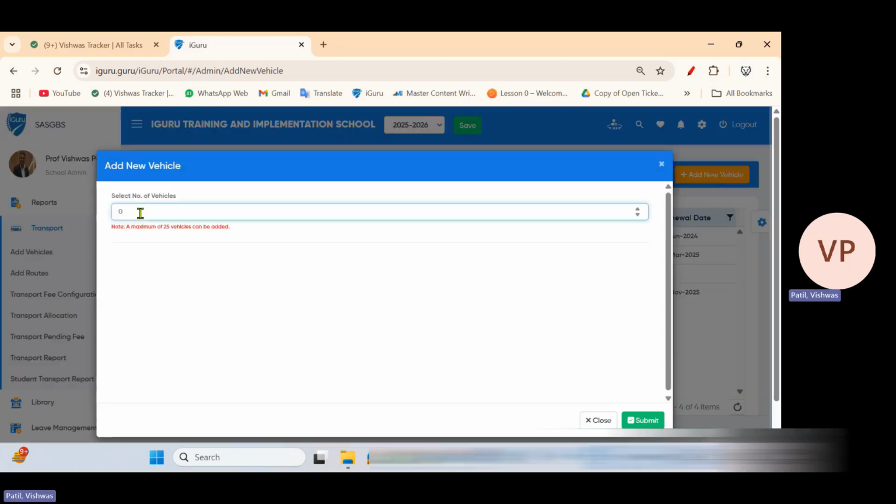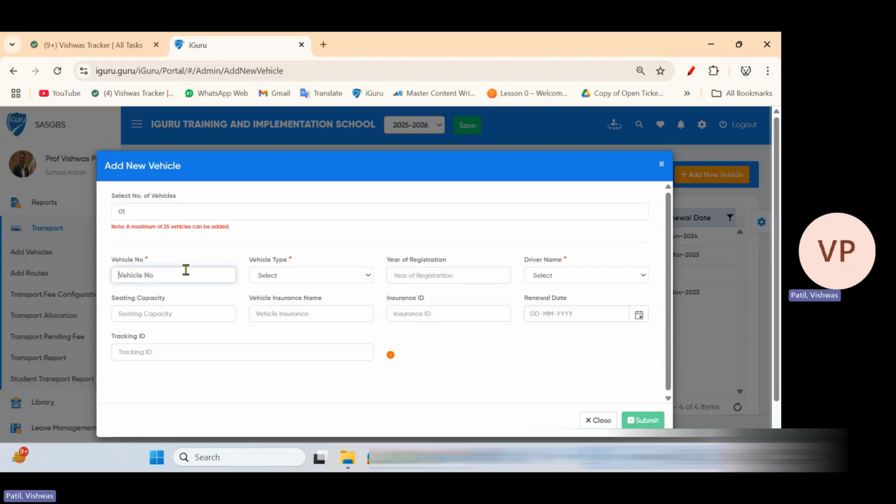So you need to choose how many vehicles or vans that you want to add, like 1, 2, 3, 4. We want to add one. Let's enter the vehicle number. Okay, what type of vehicle is it? Is it a school van or a school bus? Let's make it year of registration,